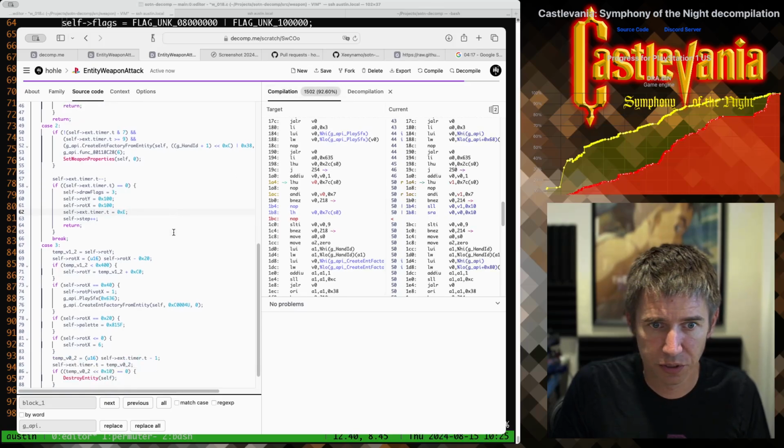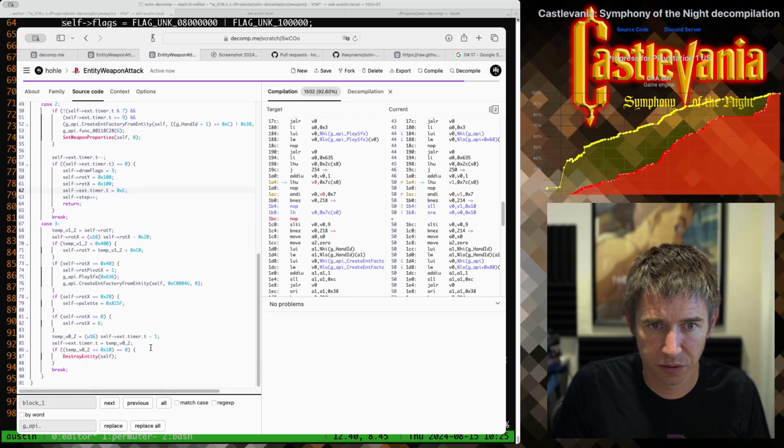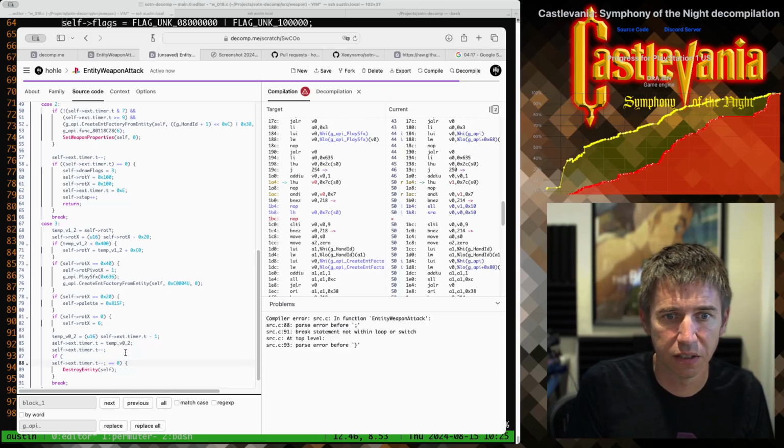So we're at 92%, getting closer. Here we have another one of these timer decrements, and the same idea here. So if the timer is 0, or the lifetime of this is 0,